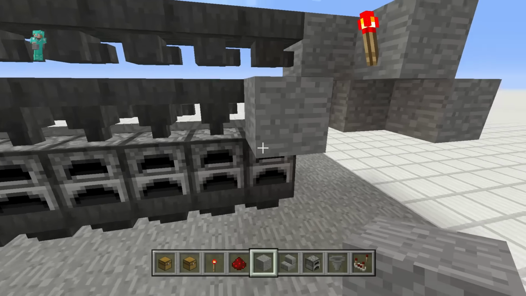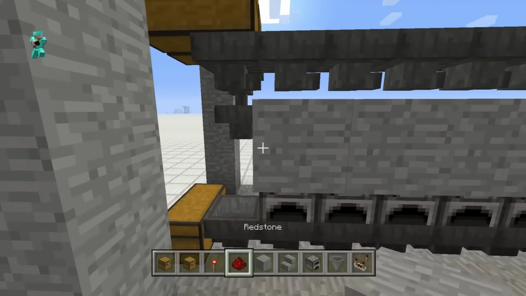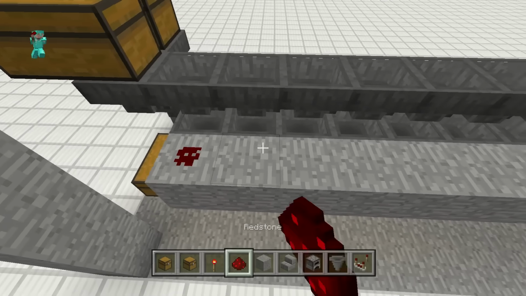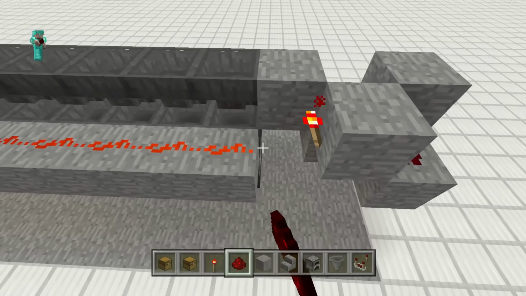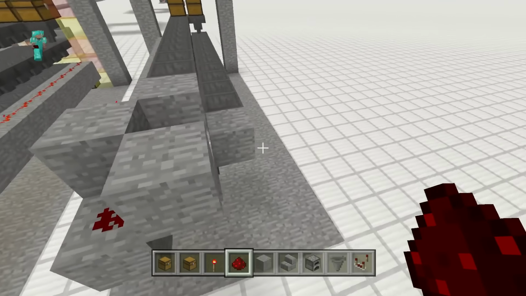Looks good. So now run your blocks all the way to the front and throw redstone on them. So this is what's going to lock these hoppers. Watch, as soon as we get to the end, it locks it. Good. So now we got to do the same thing on the other side,